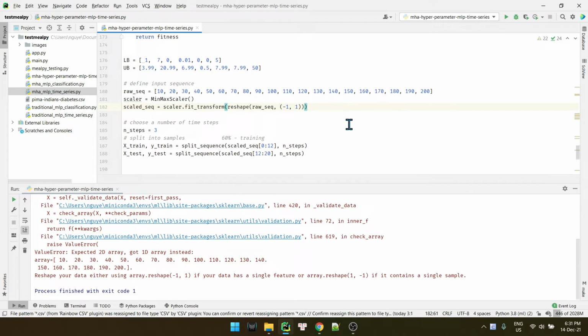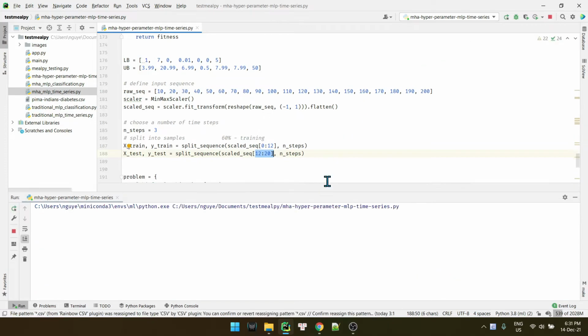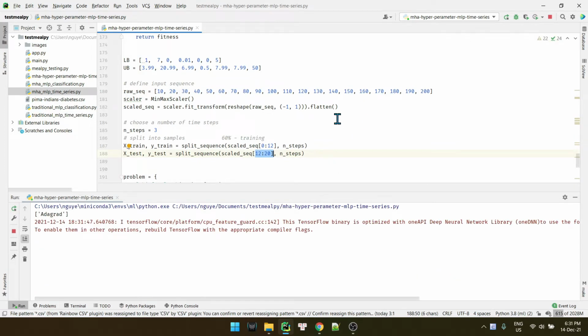And then we need to flatten back into a single array because we are trying to get the value from an array, not a matrix. Alright, so it's working.